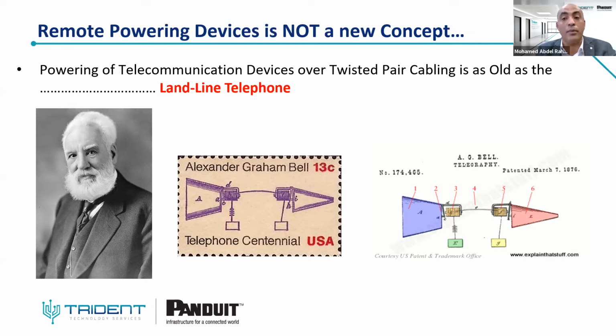The phone company supplies the power to the users' phones with dedicated twisted pair copper cabling, powering the device from a centralized location. The meaning of a centralized location is that power is supplied to the telephone from the central office, so you don't need any local AC power source beside the telephone. So when the power goes down in your house, your phone still gets the power it needs from the phone line.